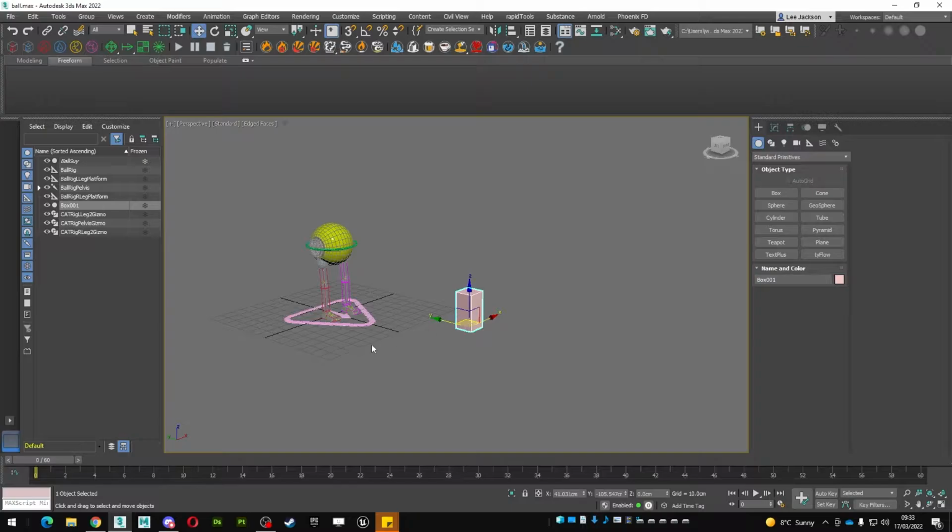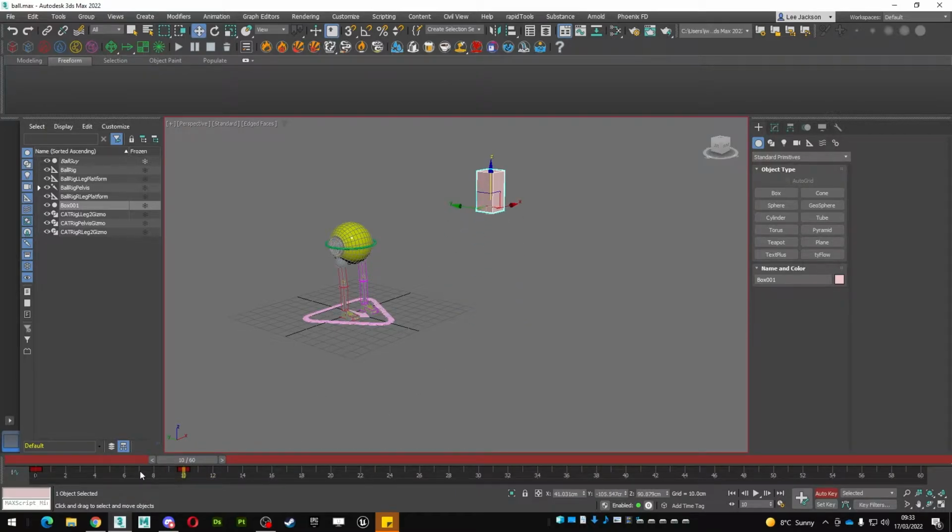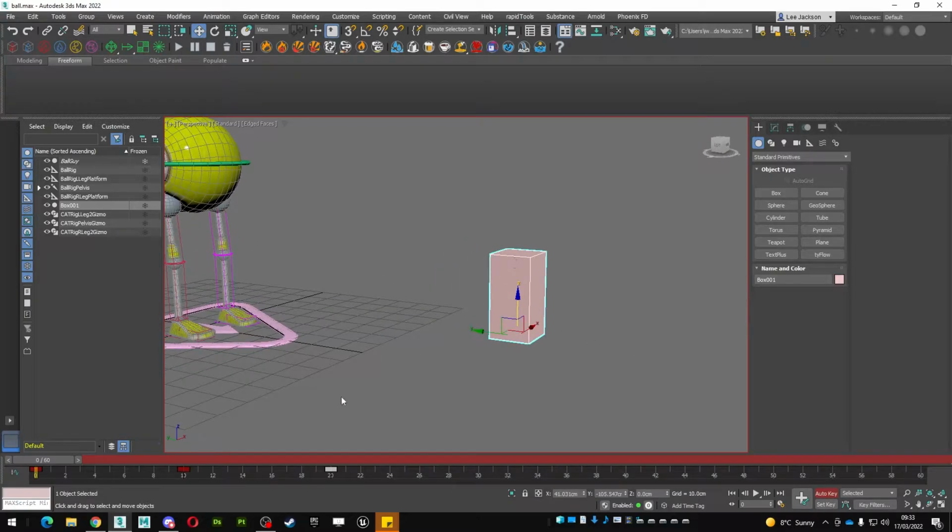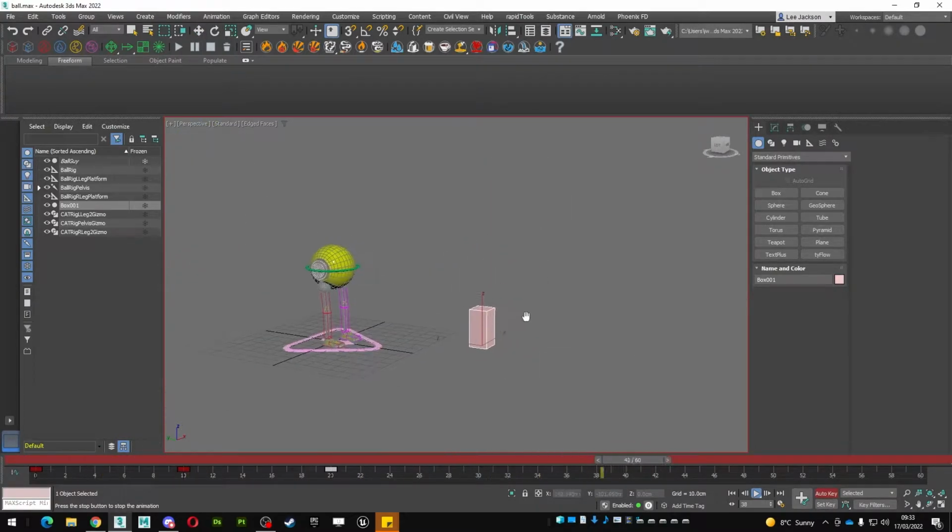So if I create a ball and put my auto key on, I want the ball to be there at frame 0, up in the air at frame 10, and then I'm going to copy frame 0 and put it at frame 20, just so it goes up and down. Now, the default curves on this are relatively smooth, so we get something like that, which doesn't look like